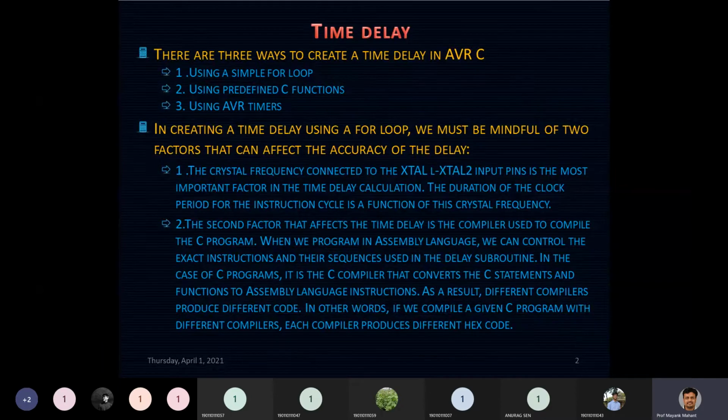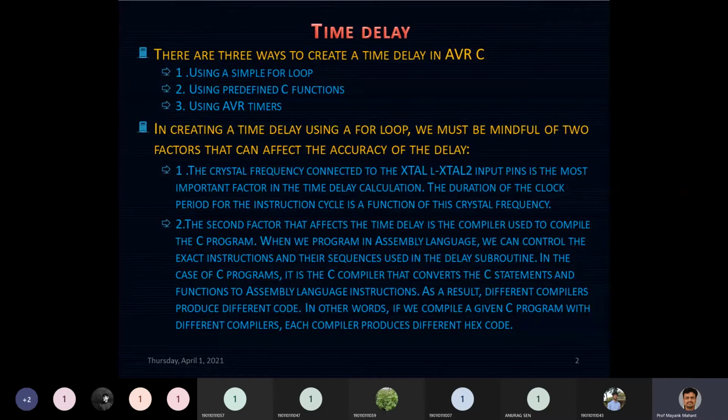One machine cycle is nothing but one clock cycle of your crystal connected to XTAL1 and XTAL2. Obviously, if your crystal has good accuracy, definitely the time period that you have calculated for the execution of the instruction would be accurate. Otherwise, if the accuracy is poor, definitely the calculated value of your delay will also be affected because of the poor accuracy of your crystal frequency.